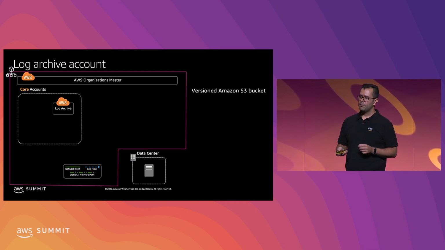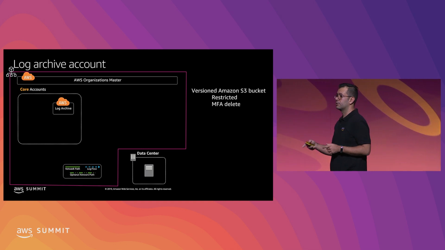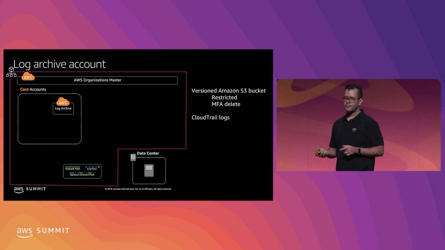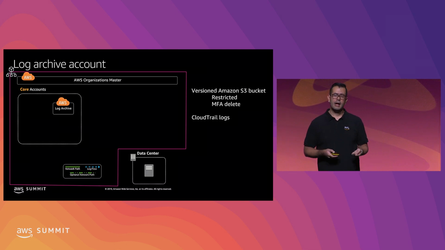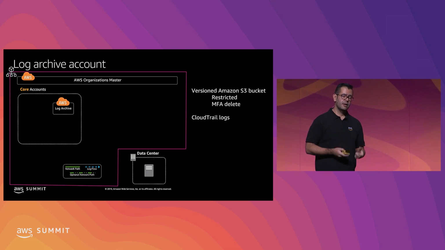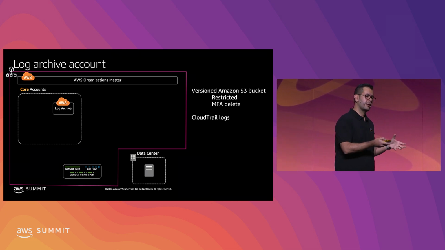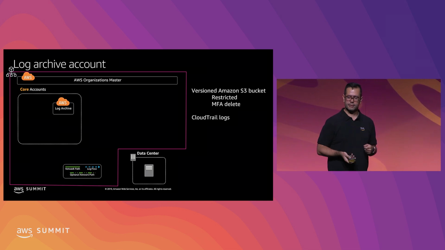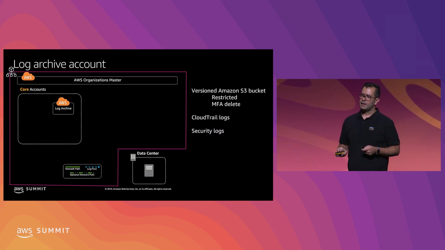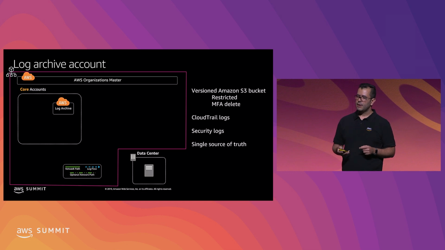The log archive will make use of a versioned Amazon S3 bucket that is going to be restricted and will require MFA in order to be able to delete. So that means that whenever someone tries to delete, they need to authenticate with MFA. And if it's deleted, it's OK, because this is in a segregated environment with a versioned S3 bucket, so we can recover it. Anything that goes there, like security logs, will become a single source of truth for the